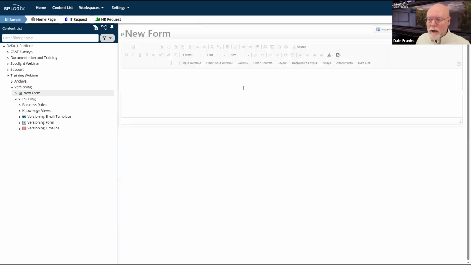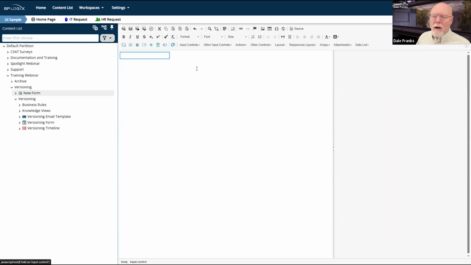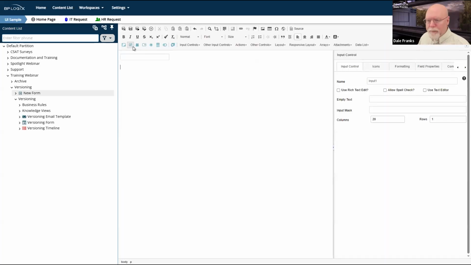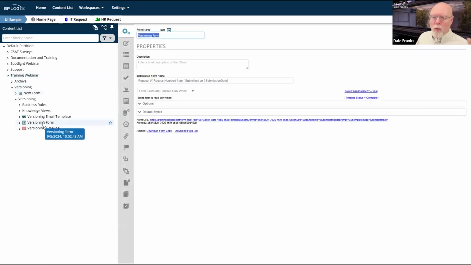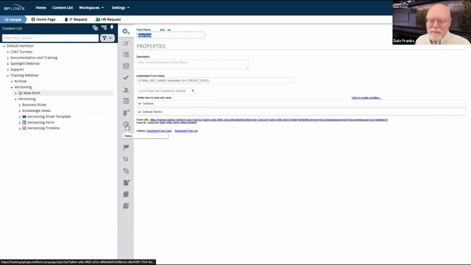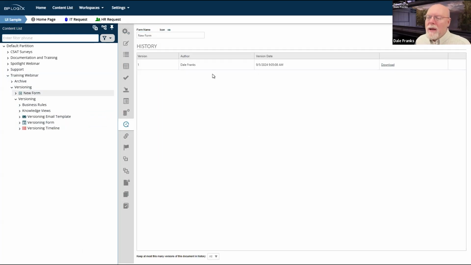Now we'll go into the online form designer. So now I'll just drop a control or two on here. And in fact, I actually don't want to drop it on here. Let's go back to where we're going to be working, and let's just use that one. Let's forget about the new form. But as you can see, it saves. The one thing I wanted to show you, it saves every save.